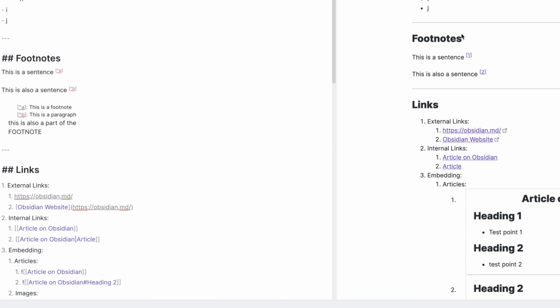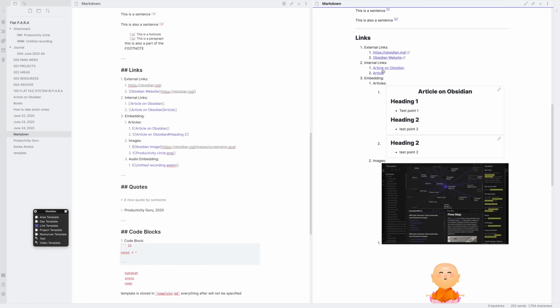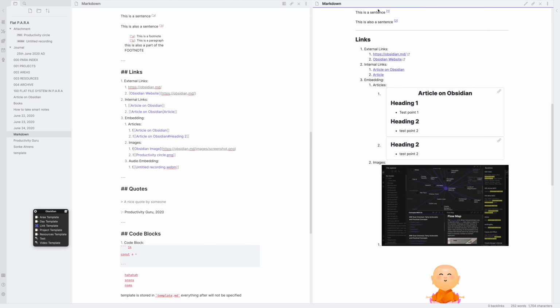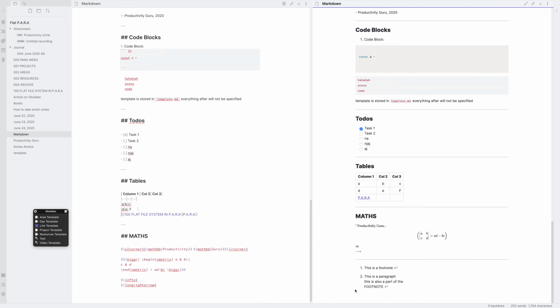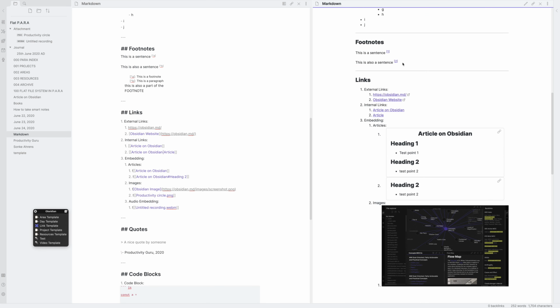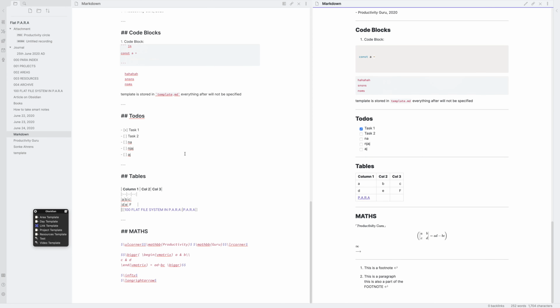So that's footnotes. Now you can see it's all the way up. Now if I click one, it'll take me down. If I click here, it'll get me up to where footnotes is. You can see there's a sentence is where it starts off with, right? So now if I click the second one, the big one, it'll show the second one. See, there's also a sentence. It shows you that, it gets you to that point exactly. And that's all that there is in Markdown.